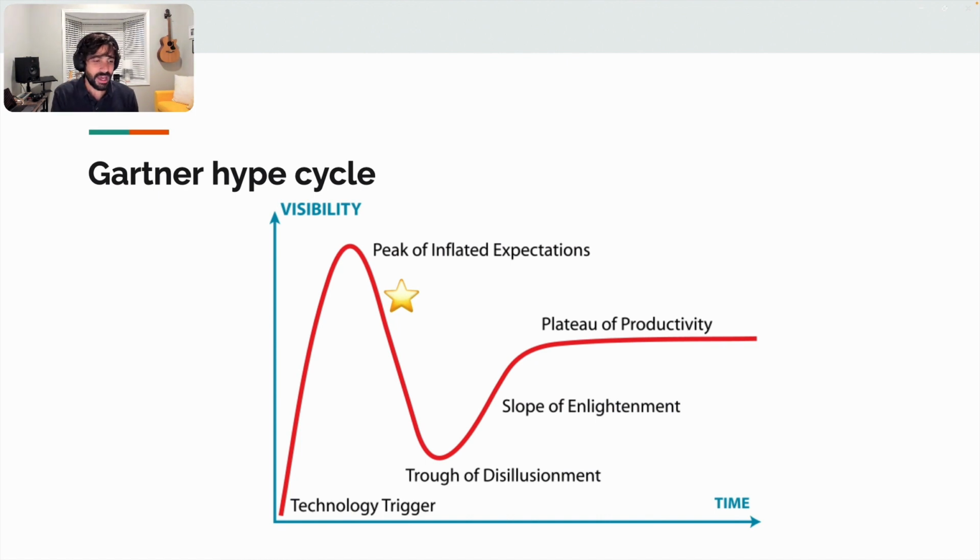It has uses. It can be applied to problems and help solve problems, but it's not going to cure every problem in the world. And that just happens naturally over time with every technology. And where we are with AI right now is about where I drew that star. So people got very, very excited about it over the last year. We've started to see that draw down a little bit, and there's a bit more realism coming in. Soon there'll be a bit of despair of like, oh, wow, this is really not working the way we thought. But after that, eventually we'll get to a point where everyone's just sort of